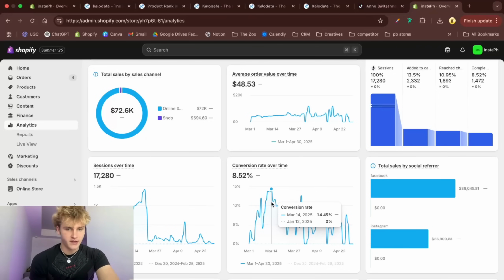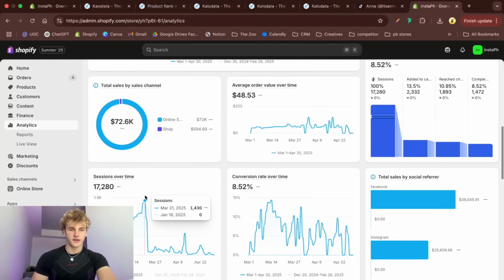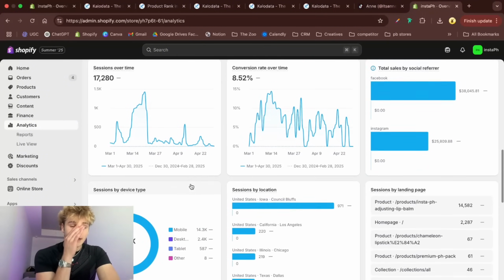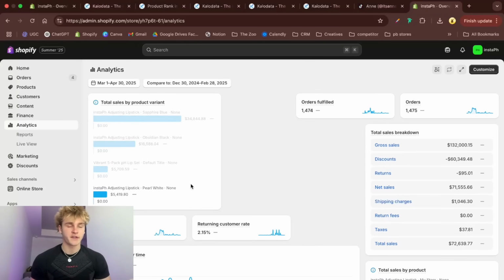Like, as you can see, 14.5%, and that was when we were scaled up. That was our best. Oh wait, was it? Oh no, it wasn't. That was here, I believe. Yeah, 12.7% on our highest session day. It was crazy. But yeah, basically, we can go into now how to actually create a Shopify store, because this